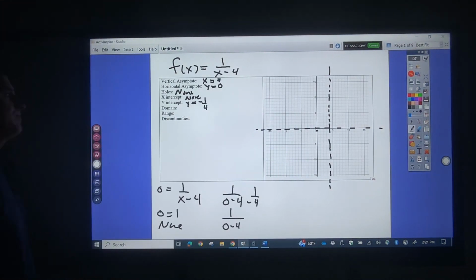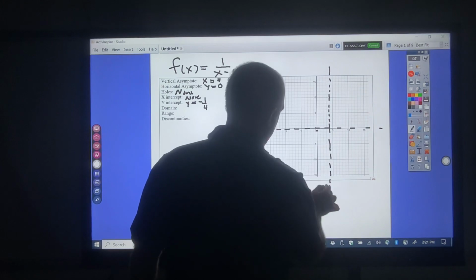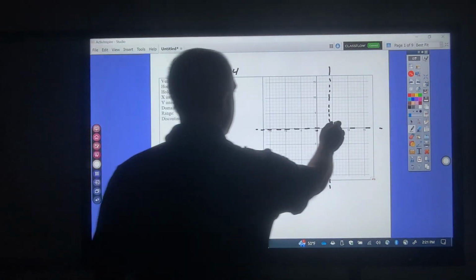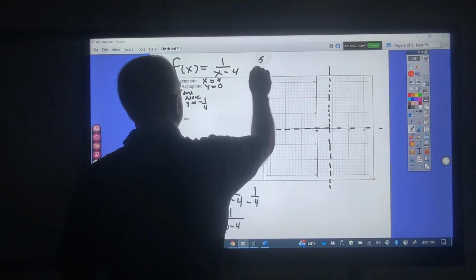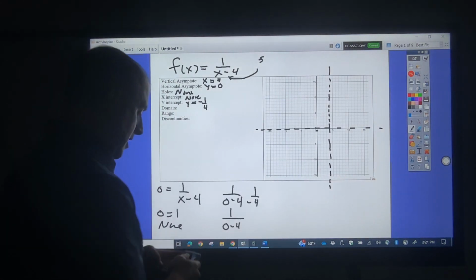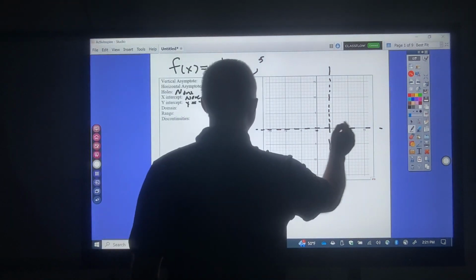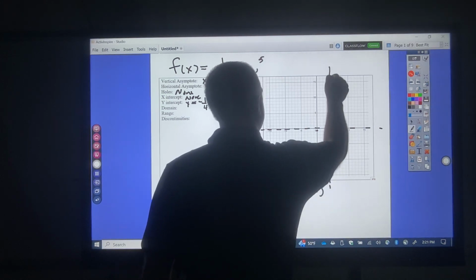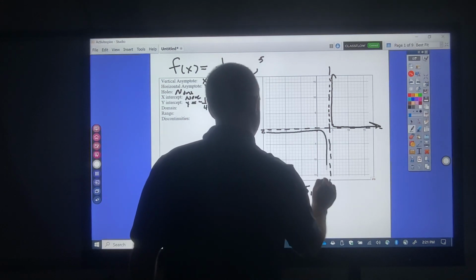Okay, now to finish the graph, I sort of know that there's going to be a curve here. I want to check where the other one is. So let's say I put 5 in here. 5 minus 4 would be 1, and 1 over 1 would be 1. So 5, 1. It'd be a point here. So what I got is a graph going this way, and then a graph going this way,